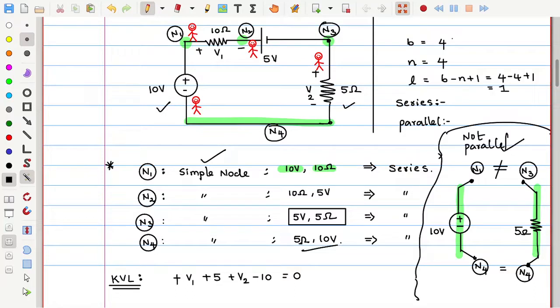How many branches are there in this loop? Only one loop is there. How many branches are there? Four. So this person must have in his bag 4 branch voltages. You should cross check that every time. Sometimes people forget and neglect one branch. So here one quantity, second quantity, third quantity, fourth quantity. Did I get 4 items in my bag or not?